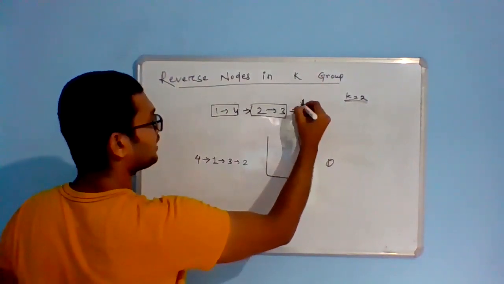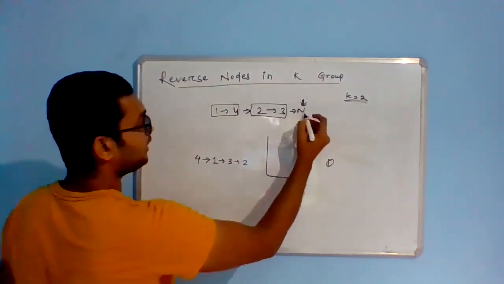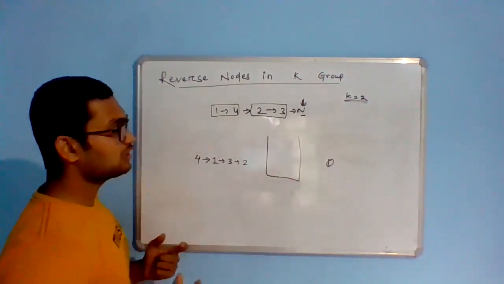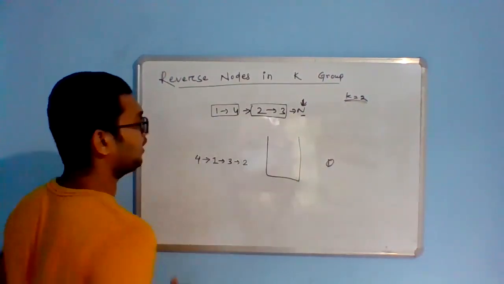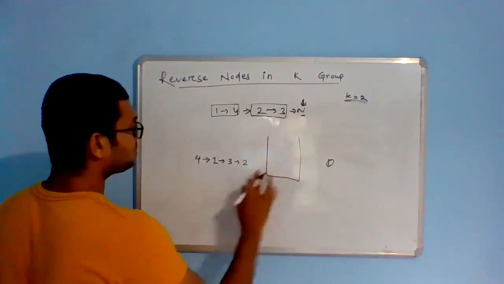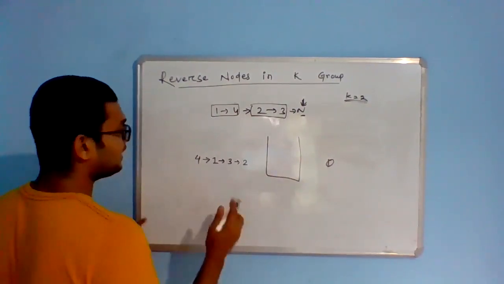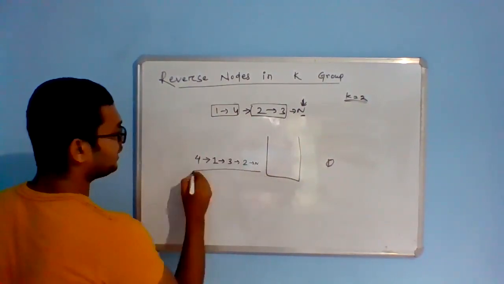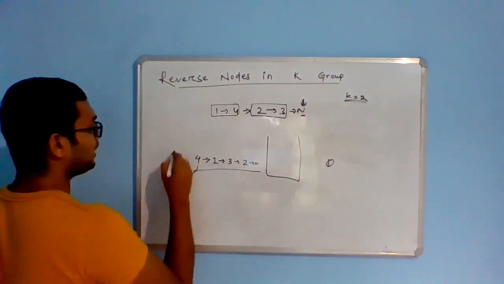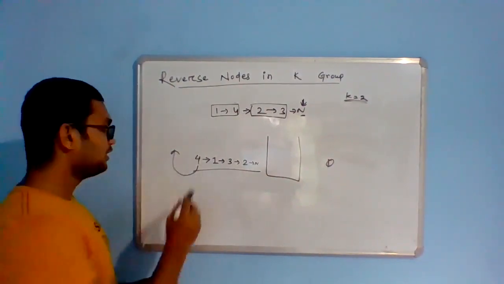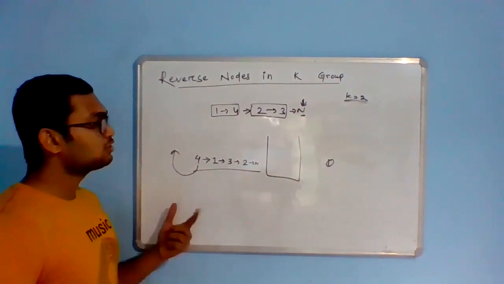Now we are right here, and the node is invalid, right? The node is null. Since it is null, we cannot push anything to the stack. We'll declare that this is the final list that we have, and we'll return the head of this newly created list. So this is the idea, guys.